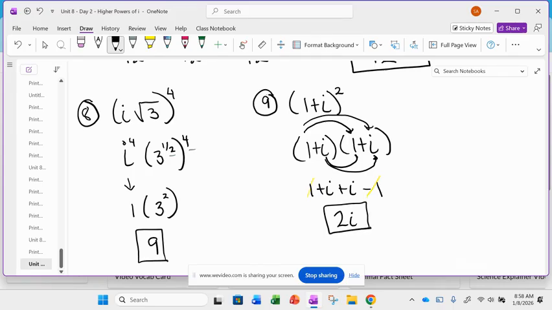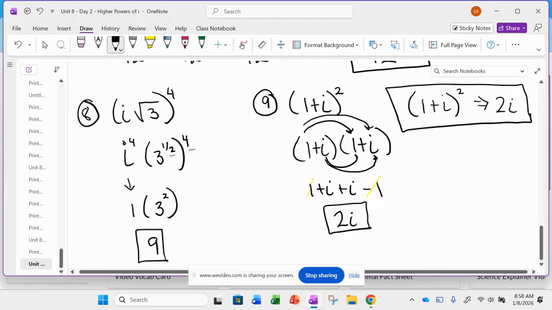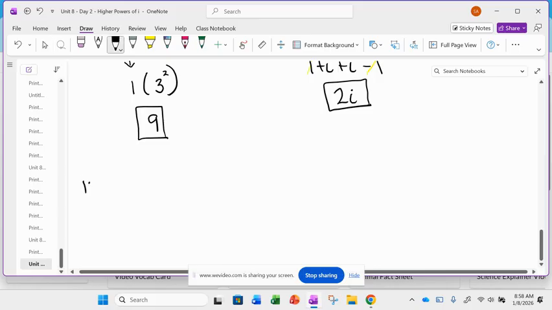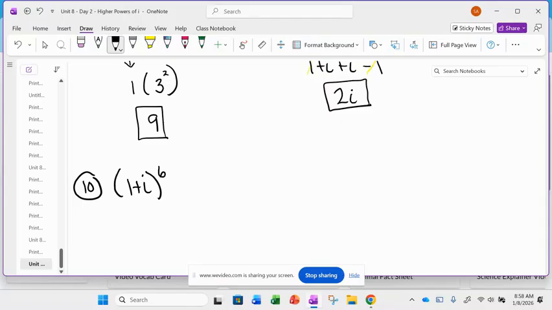So guys, I need you to memorize this. I need you to memorize that 1 plus i quantity squared is equal to 2i, because it's going to really help with higher powered problems that I'm going to show you in a minute. If you memorize that, it's going to make things a lot easier. For example, for number 10, if I have 1 plus i raised to the 6th power,